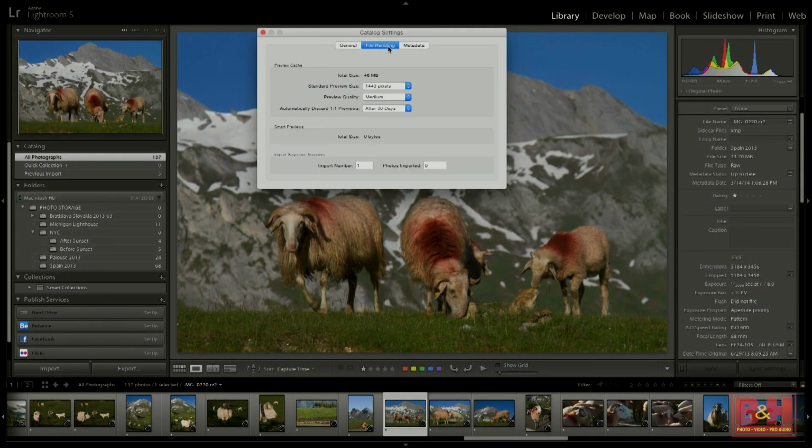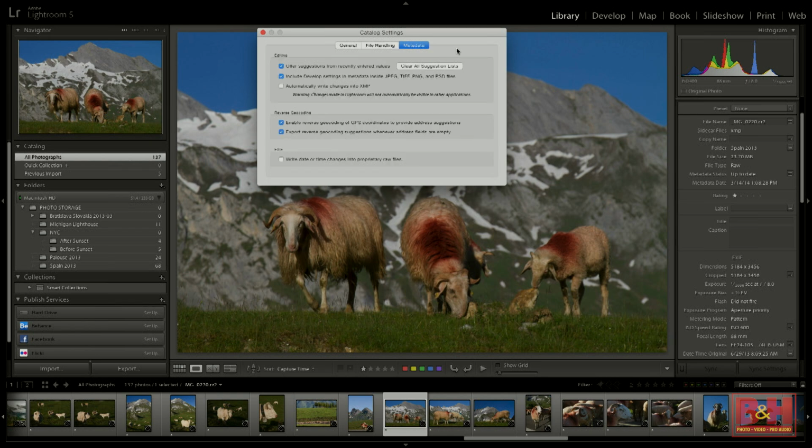File handling, this we don't need to worry about too much for our purposes today, but note that we can, for example, adjust the size and quality of the previews that are used in, for example, the library module when we're working with our photos. So you can adjust that based on your display settings, for example. But most importantly, the real reason that I brought you to the catalog settings dialog is the metadata tab. And there are several options here that might theoretically be of some interest. But I'm not going to worry about all of them. I'm going to rush right to automatically write changes into XMP,